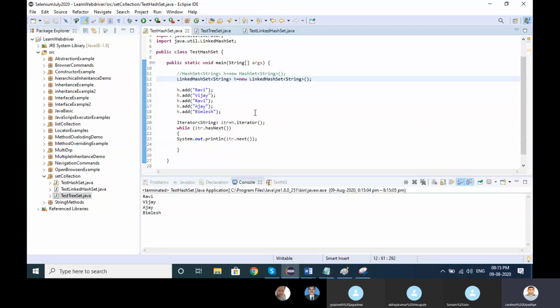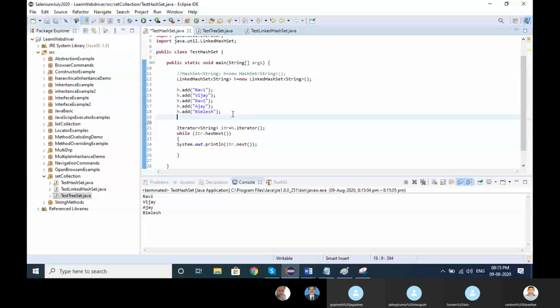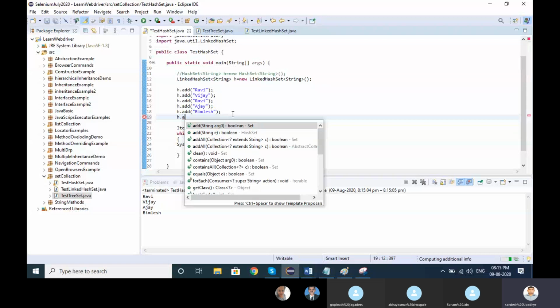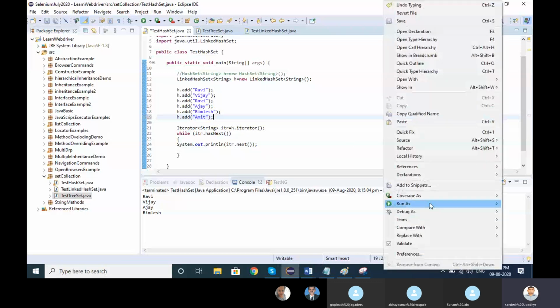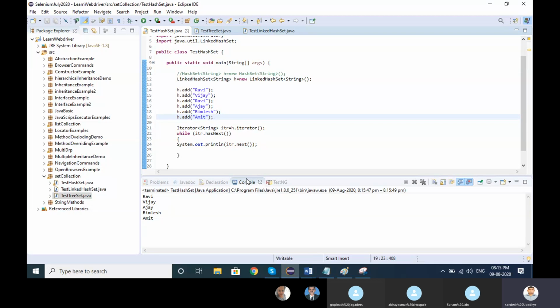Now how can I show you the insertion order? Let me add one more, Amit is coming, and let me add tree set.